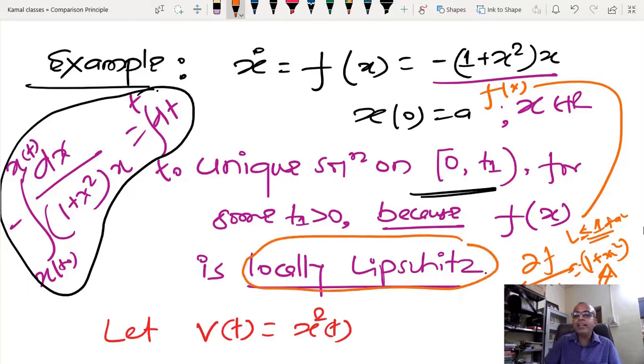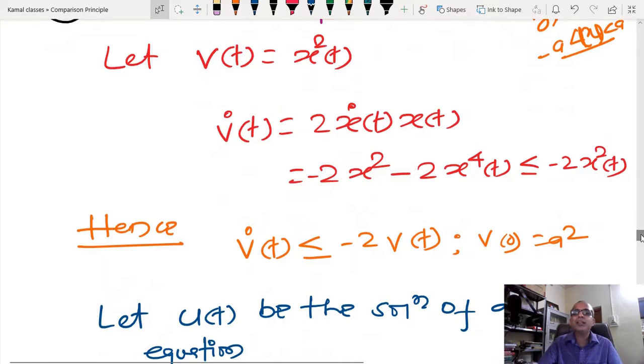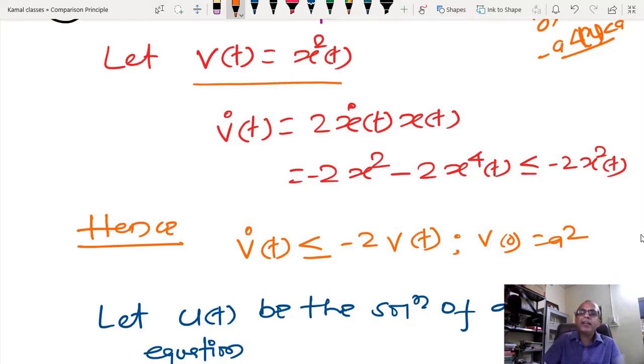So without solving, I can tell that there exists some solution for this, because we are going to apply the comparison principle. In order to apply the comparison principle, first you have to check whether there exists a unique solution or not. After that, we proceed towards the solution. Now, I have to avoid solving the equation directly, so I am going to define some other variable V(t), that is x square. There are no guidelines on how to define V(t), but you have to make sure that V(t) is differentiable, or that there exists some kind of upper right-hand derivative of V(t).